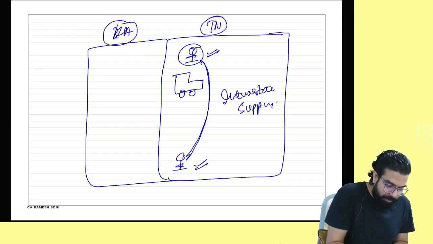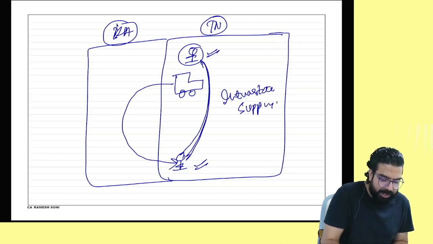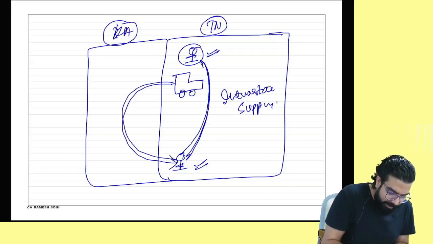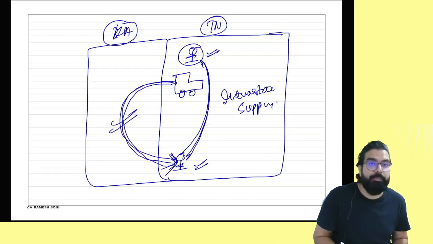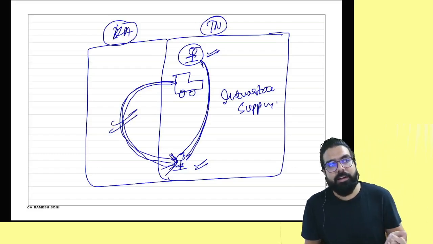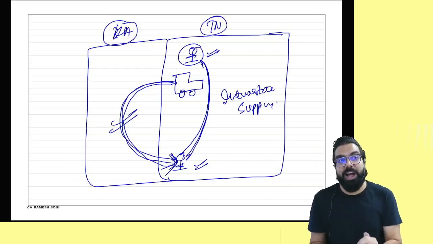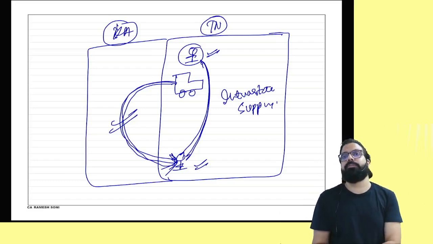But you know what? I send the truck like this, from here to here, so that traffic can be avoided. I send it through another state. It went from here to here. Did it enter the other state? What kind of movement is it? Intra or inter? This movement will be called interstate movement.